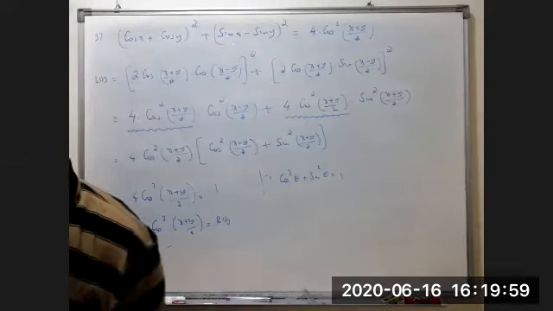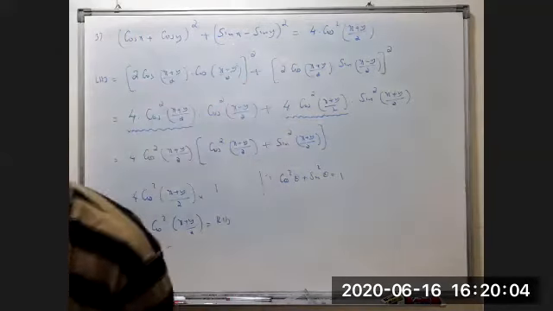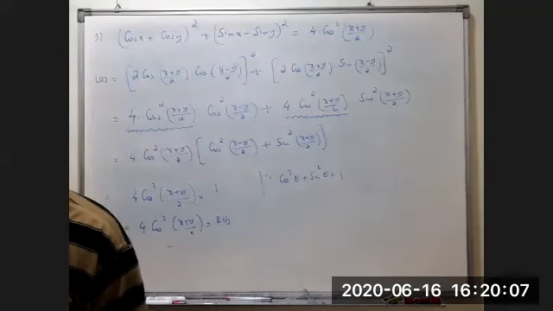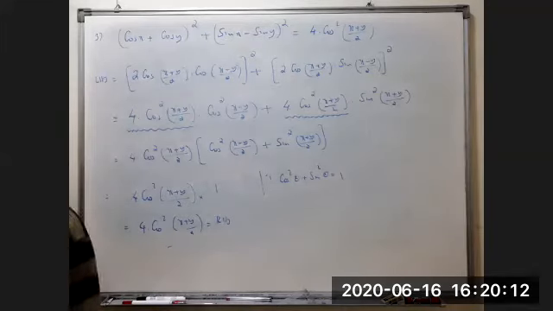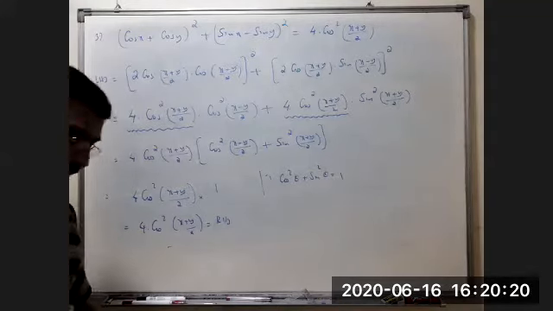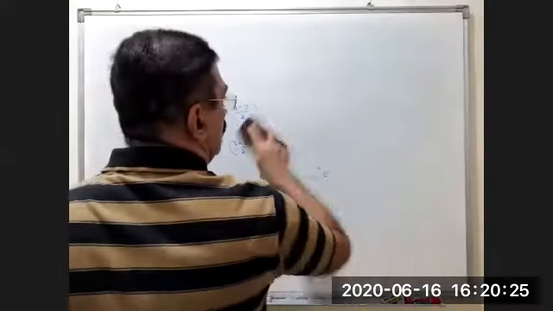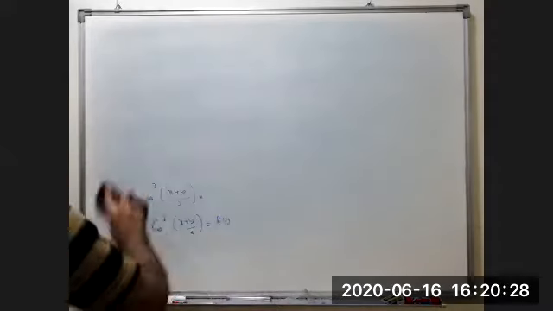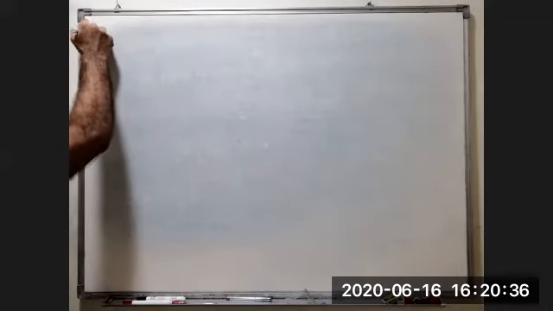Exactly the same next question, that is the homework. Instead of cos x plus cos y, minus is here, plus is there. Use the formula. Question number 5. Here, remember, it is only a direct application of that product formula, that is sin x plus sin y. So question number 5. The question is